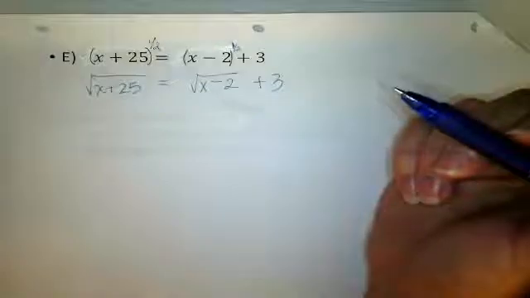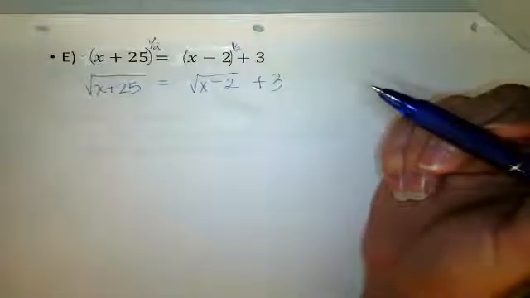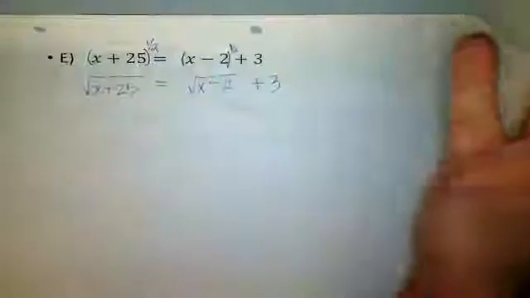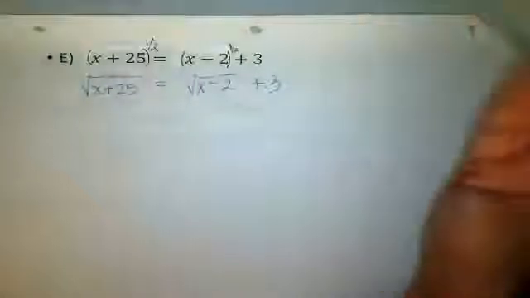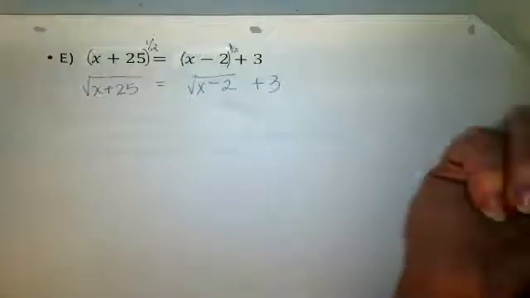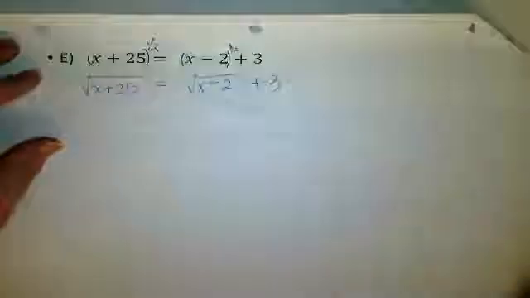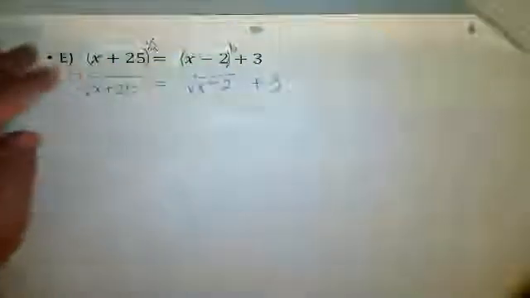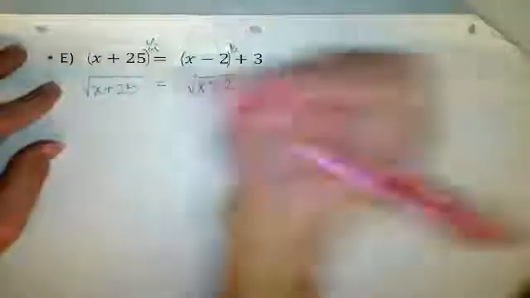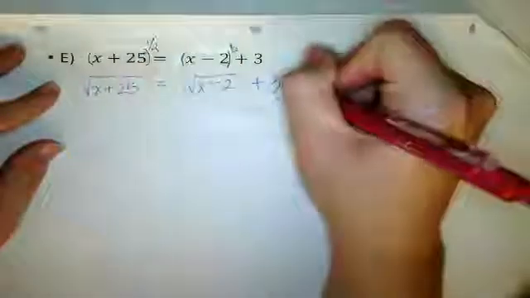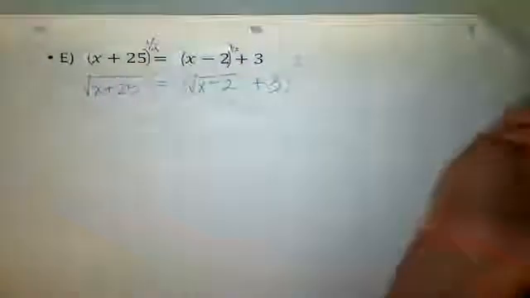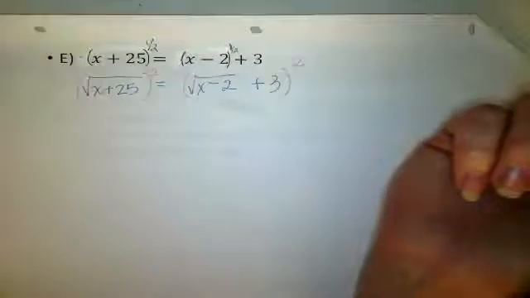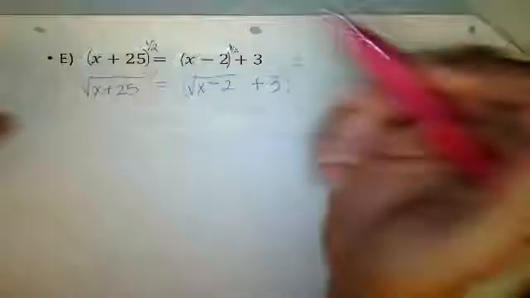I could move the 3 over here, but I do have to square both sides, just like we were doing. So we're going to square both sides, and this gets very tricky. First of all, what is